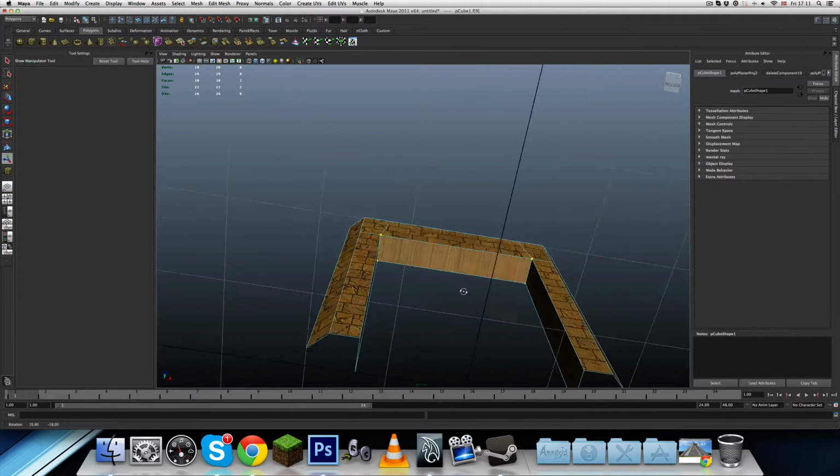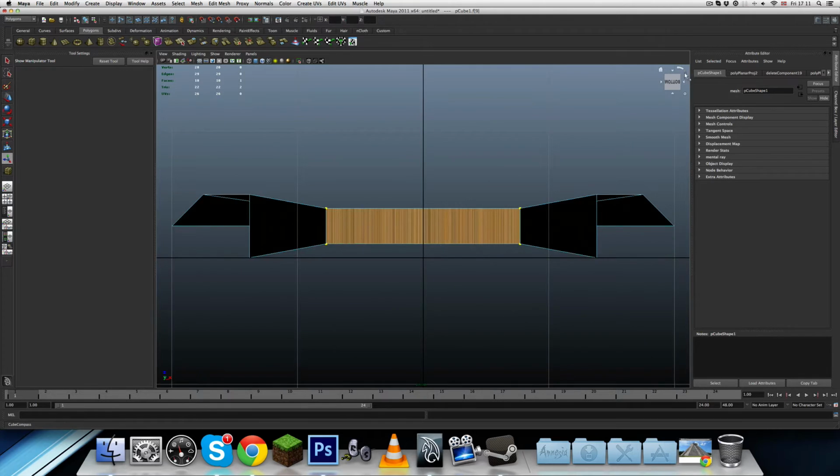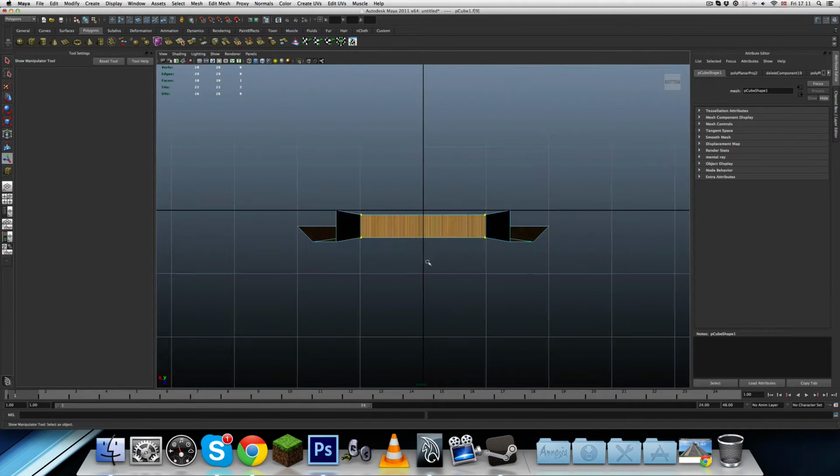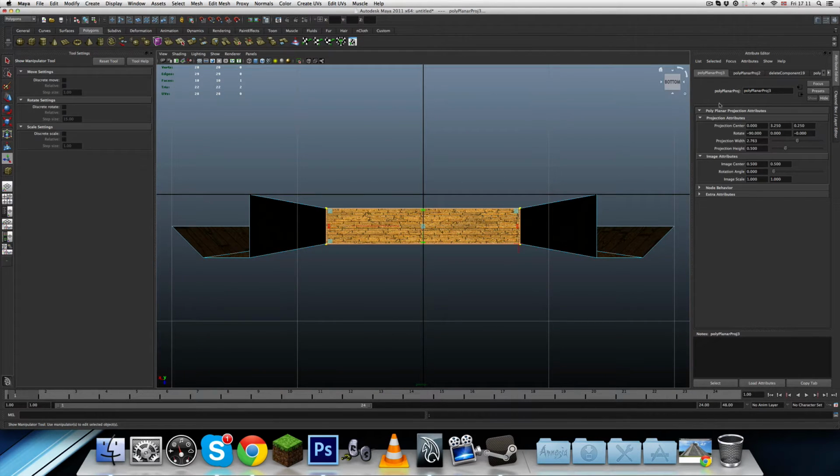As I said, as you know, I'm not too good with modeling and texturing. Texturing is difficult for me, but I can make something look alright, I suppose. Let's put this one to 4, this one to 0, and